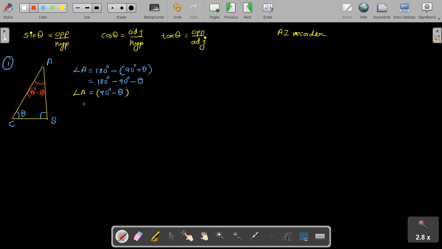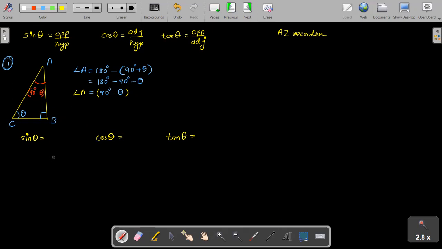Okay. Once we are done with this, we know that this is one kind of triangle and you are going to give me the value for sine theta, cos theta and tan theta using the formula. What will be the opposite side of this? For that, I am going to tell you to find out first sine theta, cos theta and tan theta. You give me answers according to the sides.